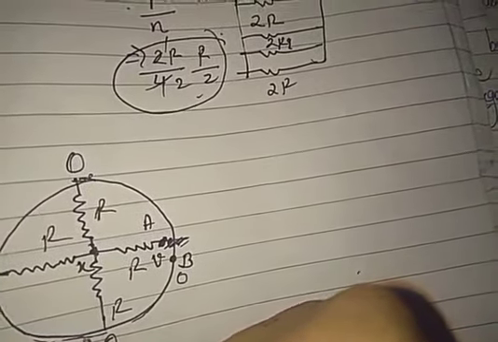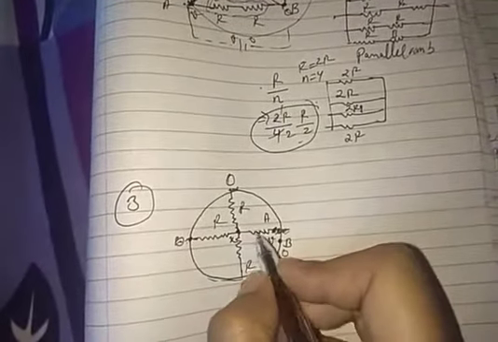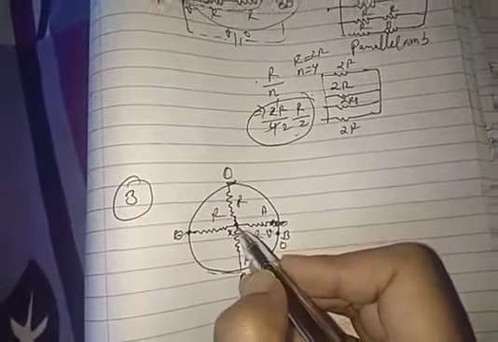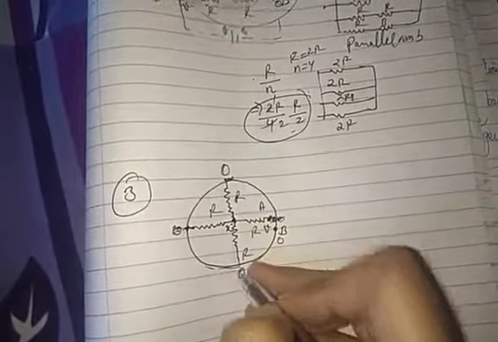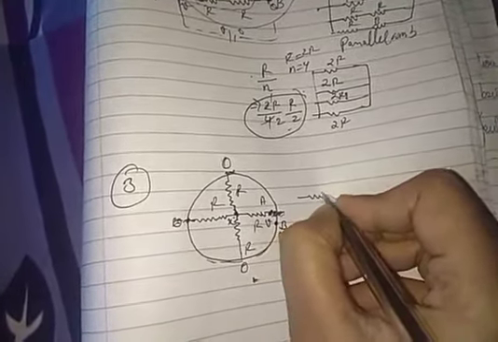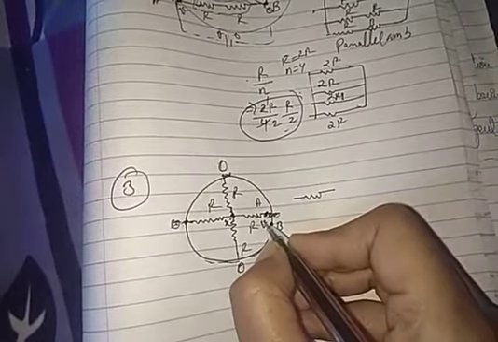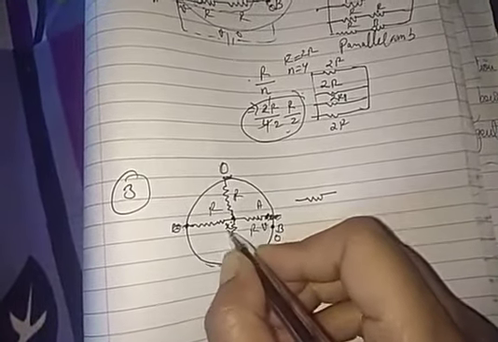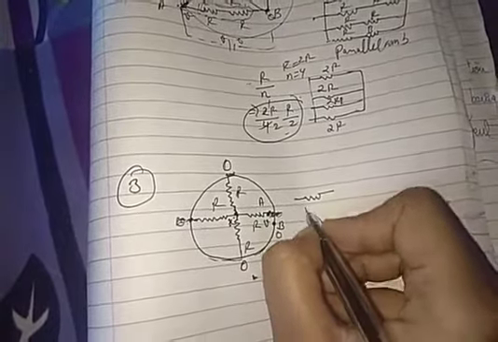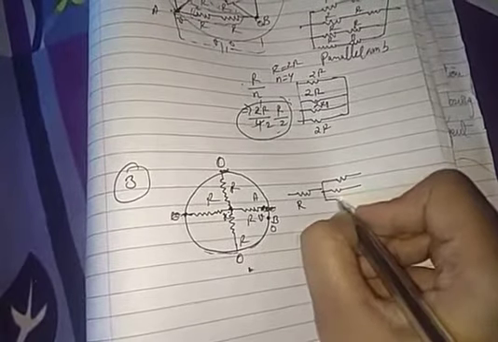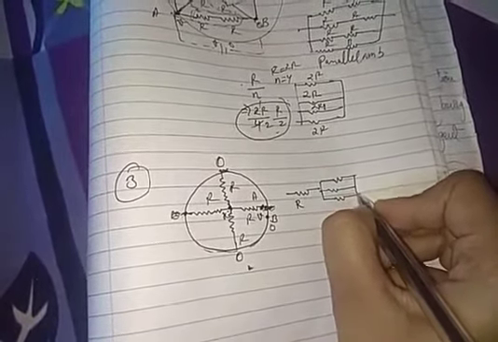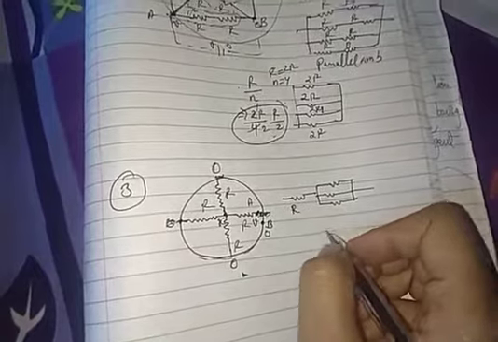Now how can you solve it? You can see 3 resistors are there whose potential is between X and 0, X and 0, X and 0. So we can make a circuit like this, and here it is between what? V and X. So here is a resistor whose value is R. Yes, and here is a resistor whose potential is between V and X. So here we simplified the circuit.